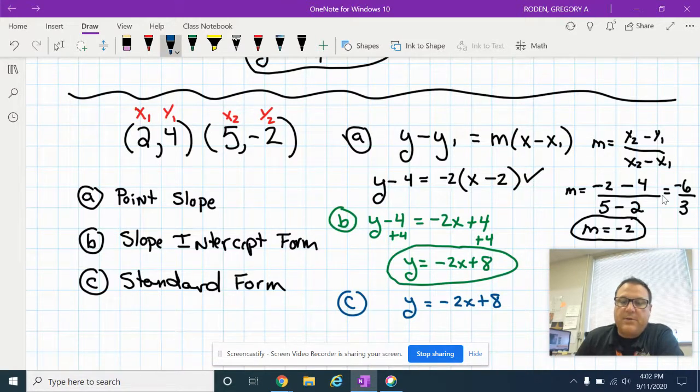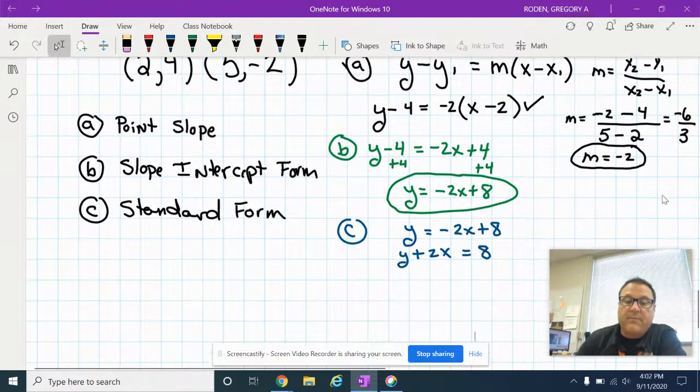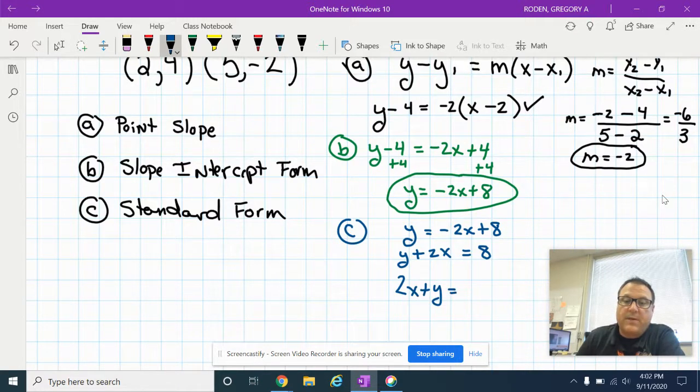And then I just want you to add 2x to both sides. So now we get y plus 2x equals 8. And now here's the thing with standard form. You always want the x to come before the y. So we need to switch this around and say this is 2x plus y equals 8. And there is our